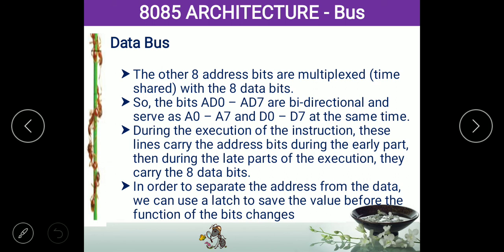The best example: if your phone is 3G, you have lesser internet transfer. If you have a 4G SIM card, you have higher internet speed. Similarly, if the data bus has lower bit capacity, it will transfer only a lesser amount of data, so the speed is less. If you have higher capacity in that bus, you can transfer more data in shorter time, so the process is very fast. Assume that 3G has only lower capacity, so it will transfer very little data, so the operation is very slow. So that is the example.